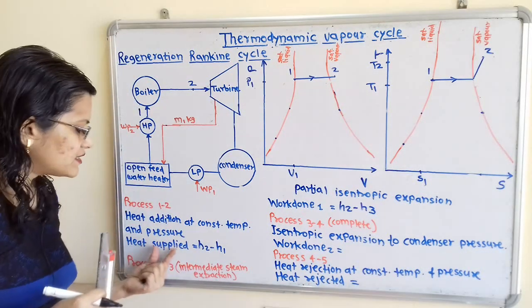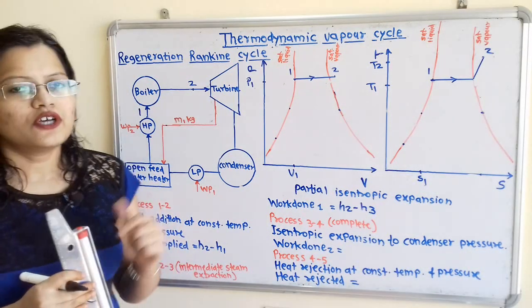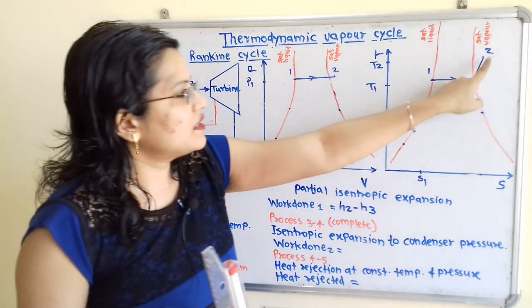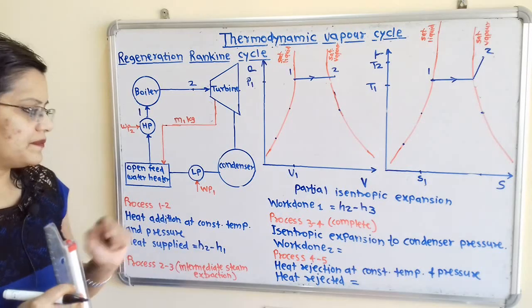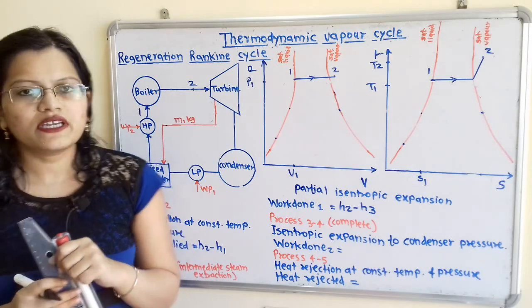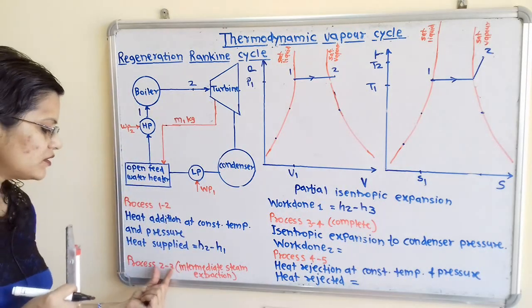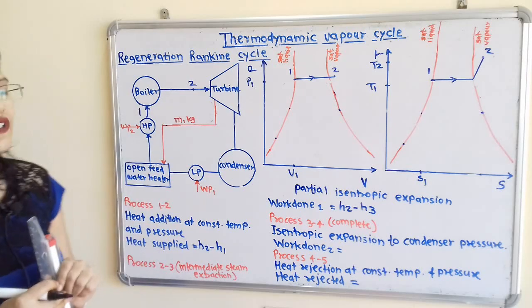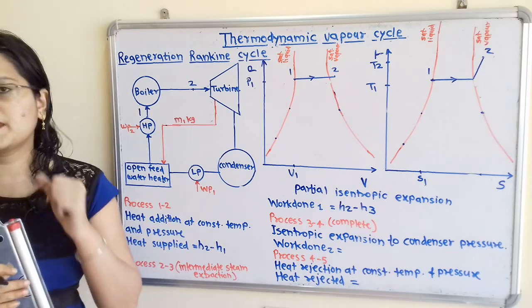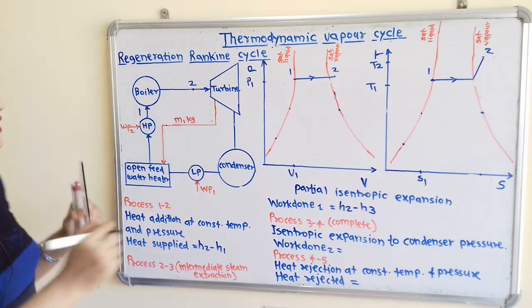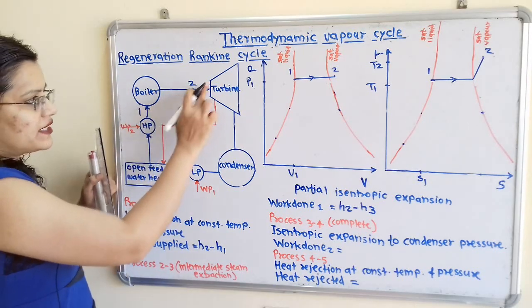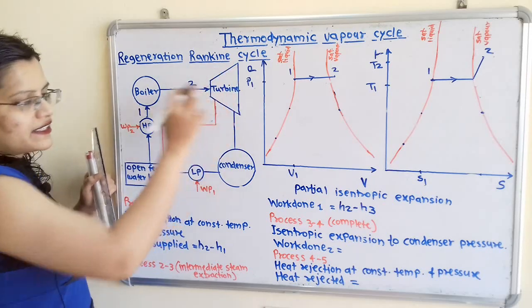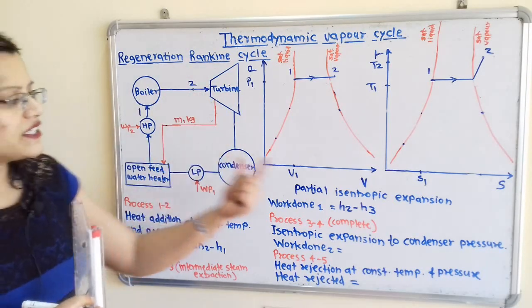Now what is the heat supplied during this process? Heat supplied is nothing but change in enthalpy, that is H2 minus H1. Now we will move to the next process, that is process 2 to 3. Process 2 to 3 is the intermediate steam extraction. Now we will say that 1 kilogram of superheated steam enters inside the turbine where the isentropic